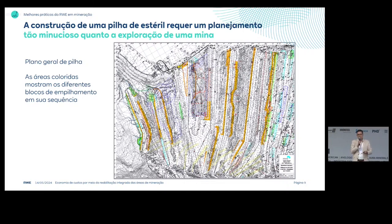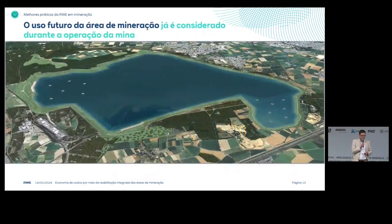In this case, it's in the same mine, but we are lucky we have various mines in close vicinity, so sometimes you also take waste material from the one mine to the other mine. In the end, I said 5 years from now we will stop the coal mining because these are all coal mines, and therefore in the end